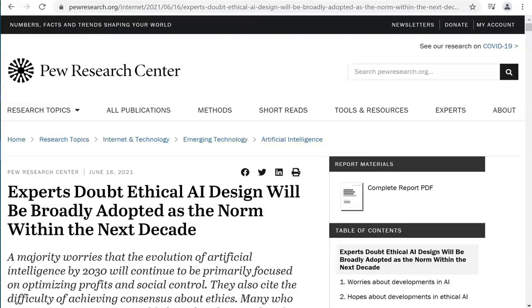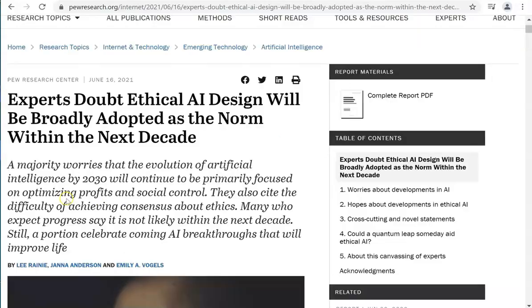Remember, if you're citing a website, you want to scour the web page for your citation information. We have the name of the website, which usually appears at the top, Pew Research Center. I can see there's the date of publication. Under, I can see the title of the web page, and here we have the authors. The authors could have also appeared at the bottom of the page.